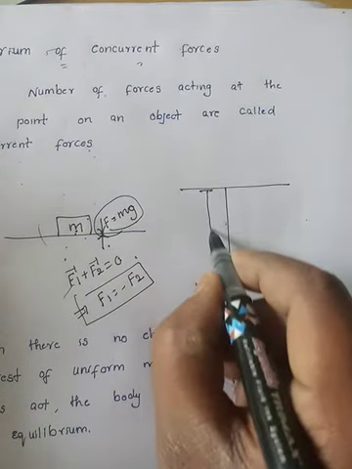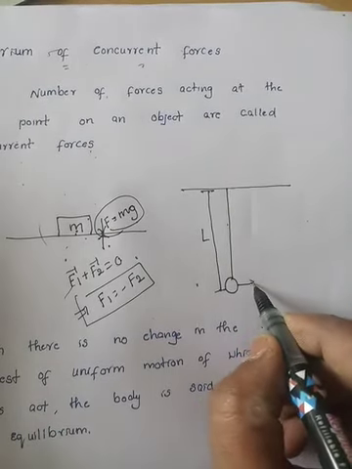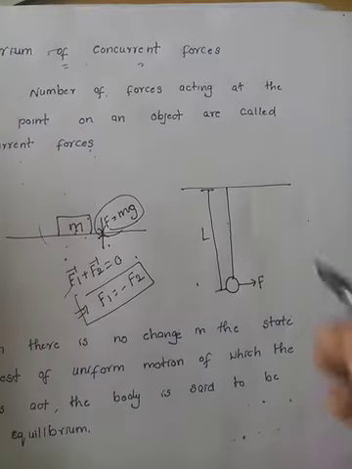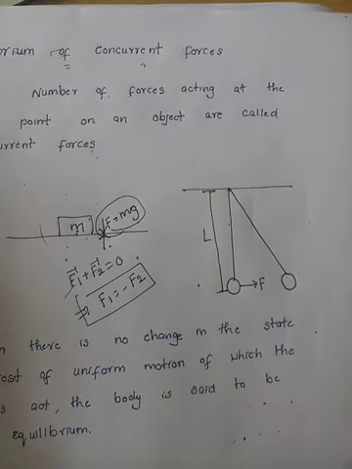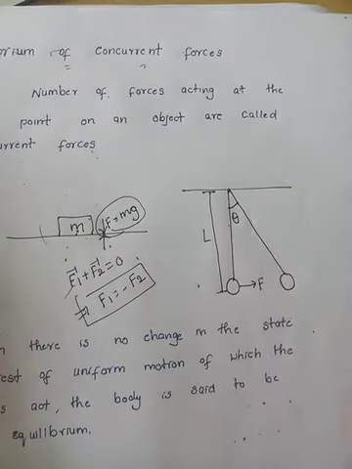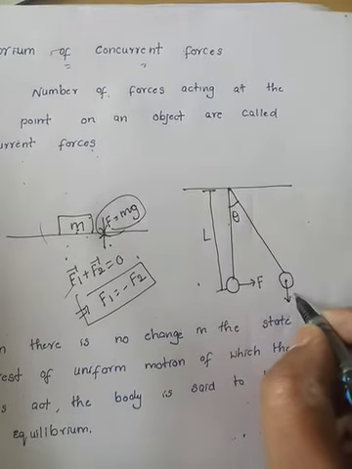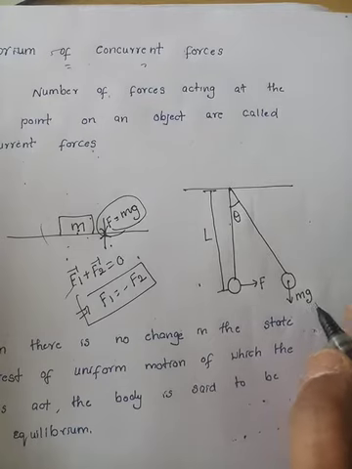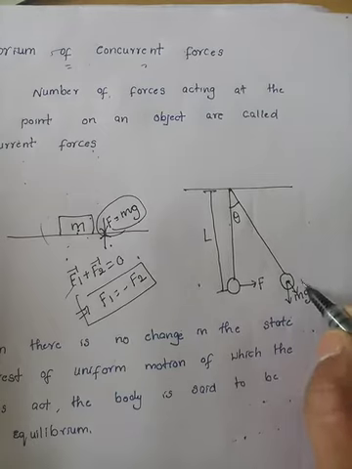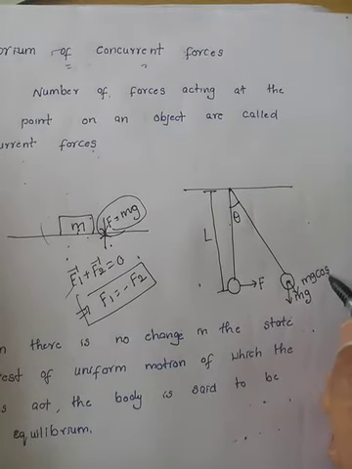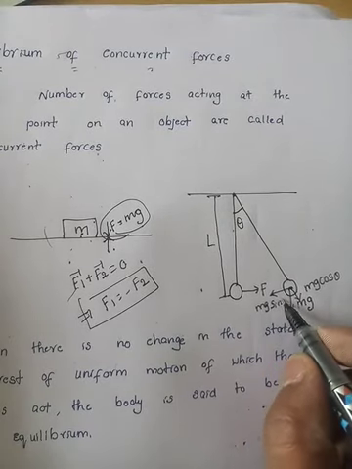In the same way, let us take a simple pendulum having length L. Now, by applying a small force, it starts to oscillate. Let us take a position. At this position, what are the forces acting on it? Its weight mg is acting downwards. This mg is resolved into how many components? Two components: one horizontal as mg cos theta, and one vertical as mg sin theta.